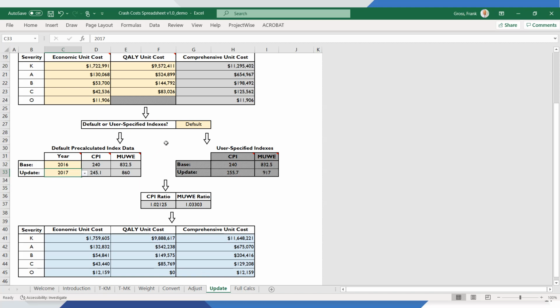Now let's go back and update the 2016 costs to 2019 dollars. Select User Specified from the Index Selection dropdown. This allows us to update the years not covered by default selections. Our base year is 2016, and update year will be 2019, although we don't need to enter those. The CPI-U for all items not seasonally adjusted was 240 in 2016 and 255.7 in 2019. The resulting CPI ratio for 2016 to 2019 is